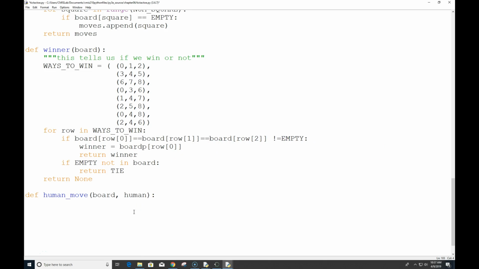And I am going to look at then, so legal is equal to legal moves, so we're going to pass that board in. So move equals none. So in other words, we're going to use that priming the pump cheat here. And we're going to put in a loop. So while move not in legal,